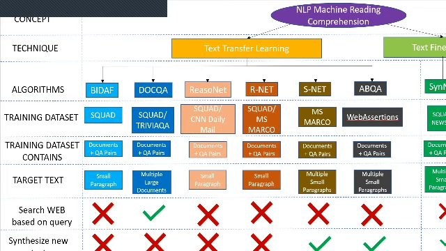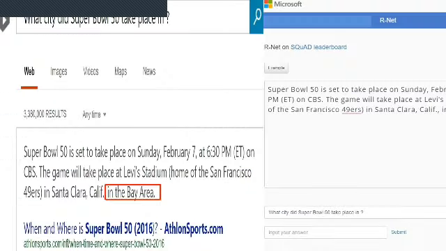The model will try to relearn in the context of the content that you are providing, and it will try to generate answers correctly when you ask questions to this newly transfer-learned model. For example, you can ask why is it different from a search? When you're doing a search, you say, okay, when and where is Super Bowl happening? When you ask such a question, it gives you the whole, like, Super Bowl 50 is set to take place on Sunday, February 6th.